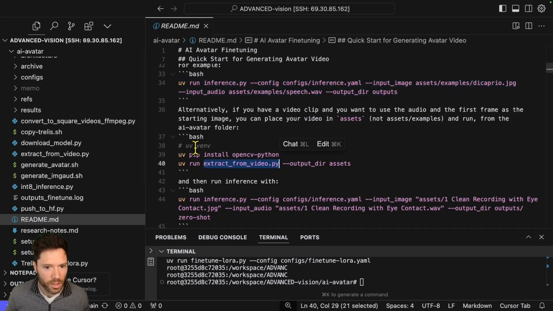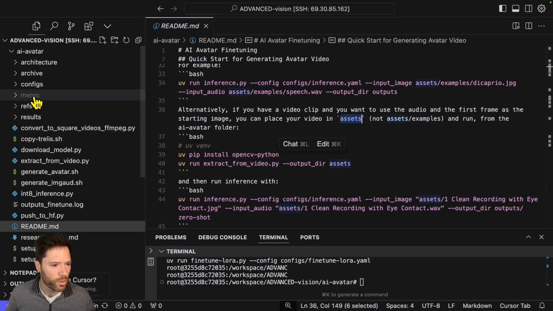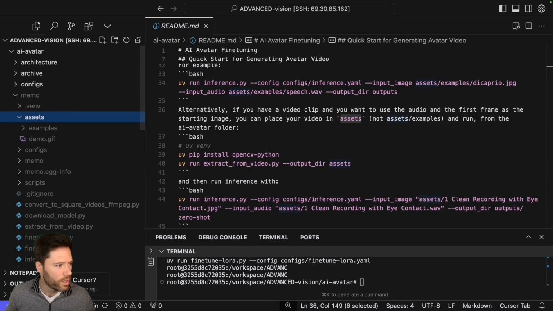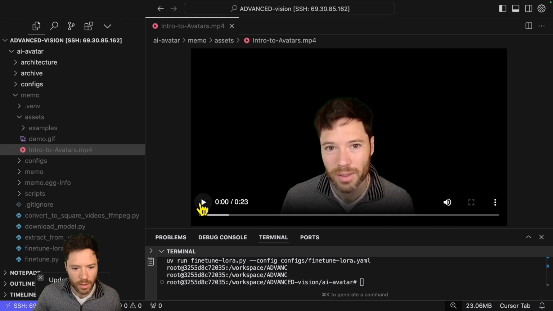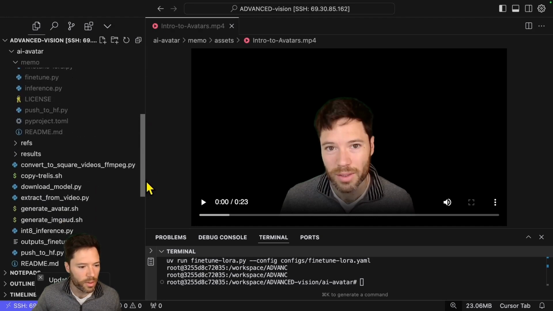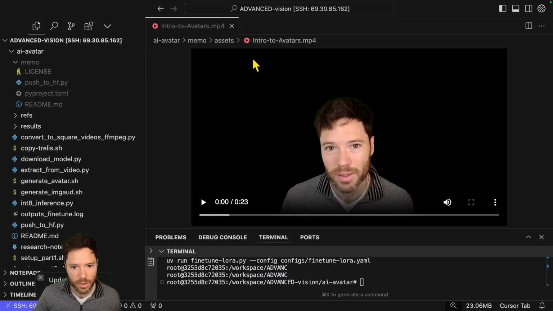So first I need to populate the assets folder with that video. So I'm going to go to MEMO, assets, and then I'm going to drag in the video that I've downloaded. So I'm just going to put it in here, intro to avatars. And yeah, here you can see that video. And as I said, the script I'm going to run now is just going to grab an image from the start of the video. It's going to crop it to be square,